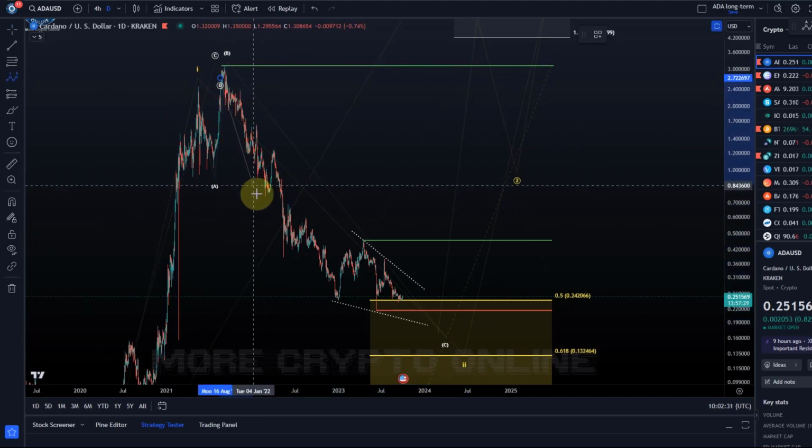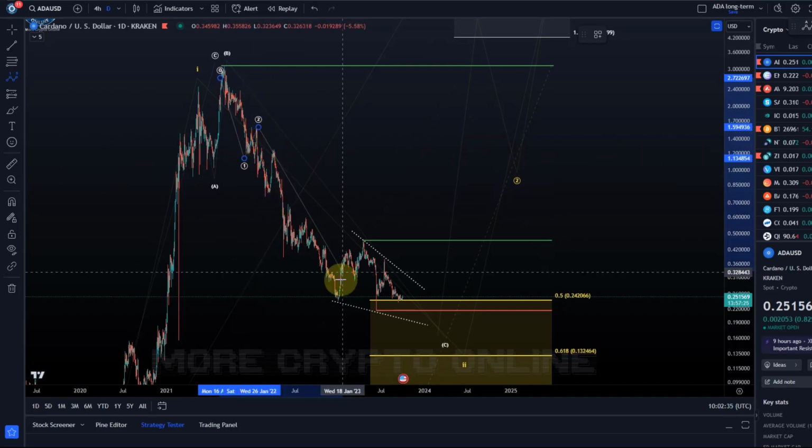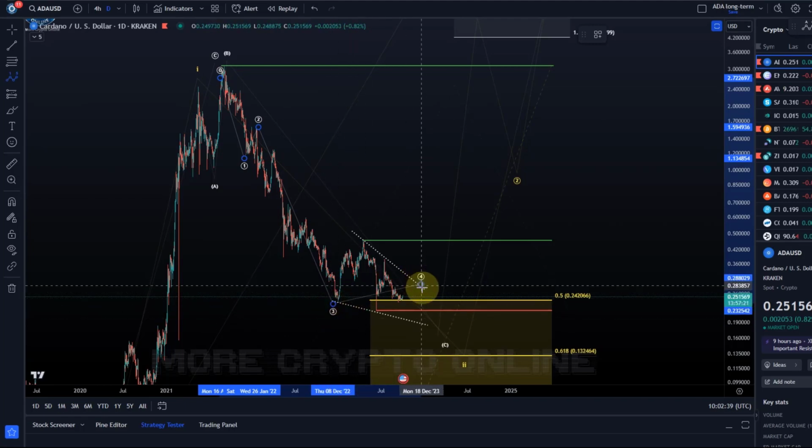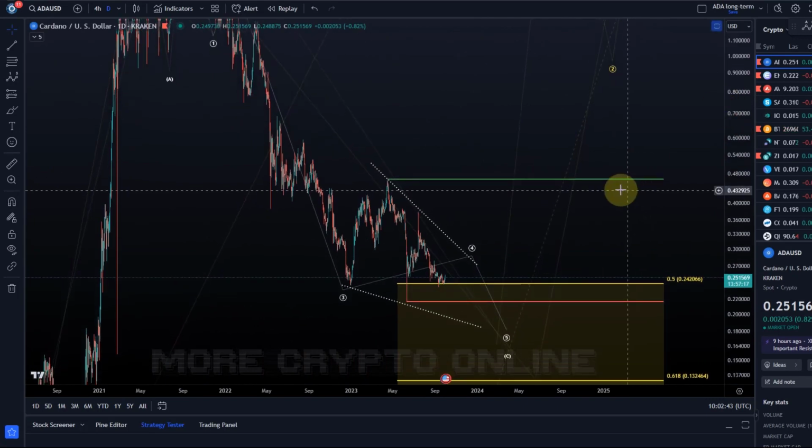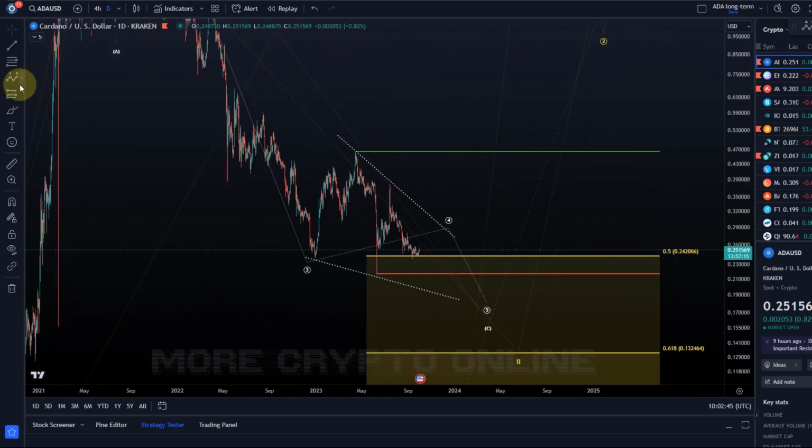I did have it labeled before. I think this was our 1, 2. Not so important right now. 3, this is a wave 4 triangle, and then one wave down. So in this wave 4 triangle, we're basically tracking here